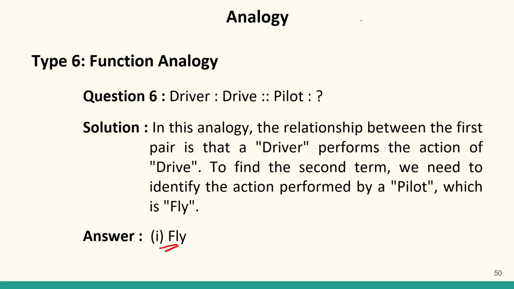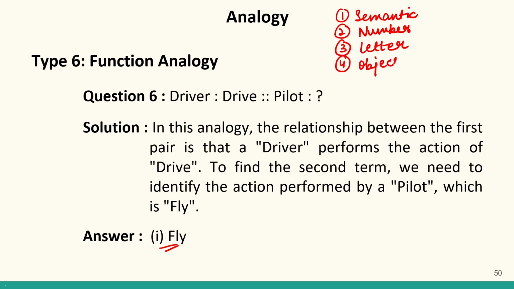So in this lecture, we covered 3 types of questions on analogy. In the previous lecture, we covered the other 3 types. In total there are 6. Number 1 was semantic, also known as logical analogy. Then we discussed number analogy in detail, which deals with various operations performed on numbers. Then we discussed letter or alphabet analogy, which deals with alphabets. Then in today's class, we learned about object and shape analogy, in which we did questions on 2D, 3D, and also based on number of sides.